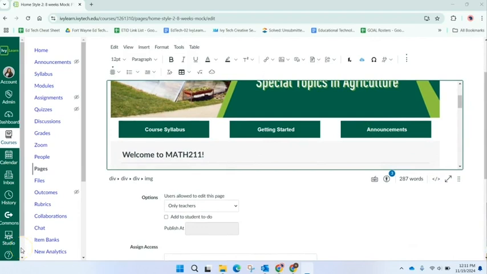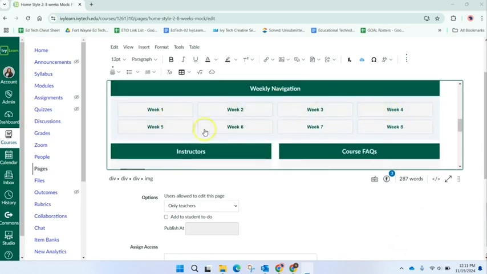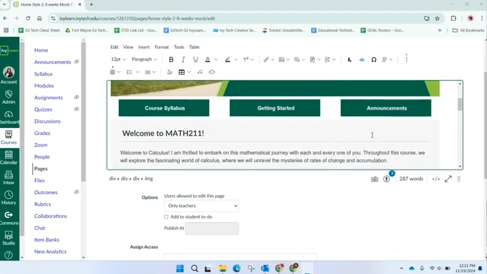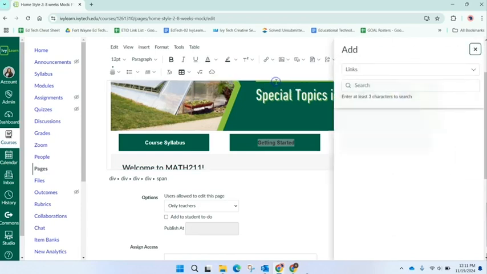Next, we have to relink the buttons. So we have course syllabus, getting started, announcement, and then we have the weekly navigation buttons. To relink these buttons, you will simply have to remove link because it's already been linked, and then click on the chain in the tools of the rich content editor. And then since it's a link within the course, you'll click on course link,